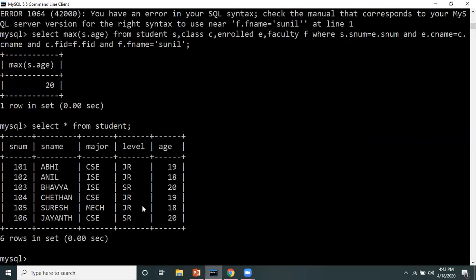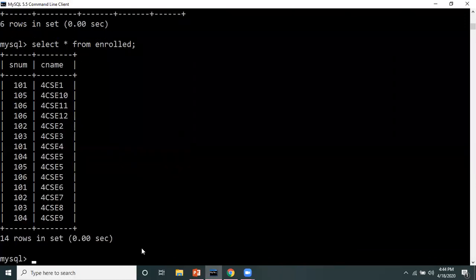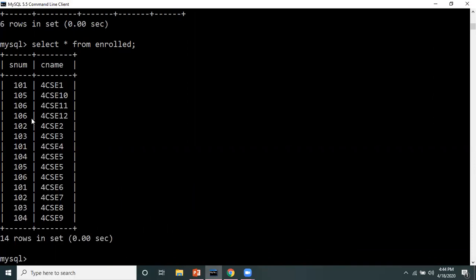Who is 20 years old? Bhavya and Jayanta are 20 years old, and their IDs are 103 and 106. So if I check the enrolled table, 103 and 106: 106 is in CSC 11, 12, 5, and this is 3 and 8.